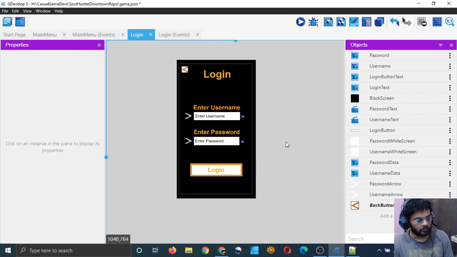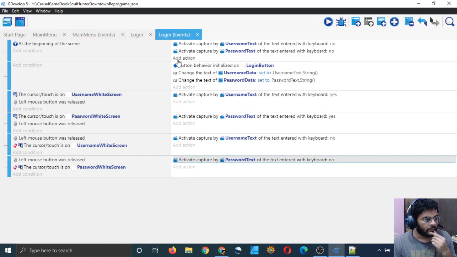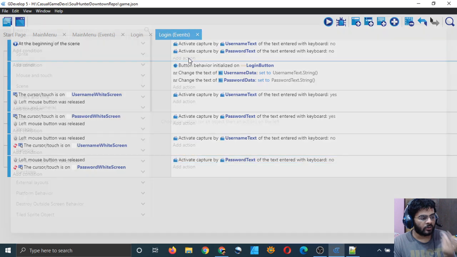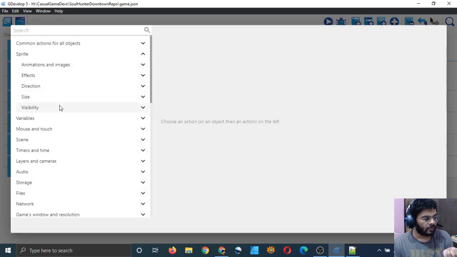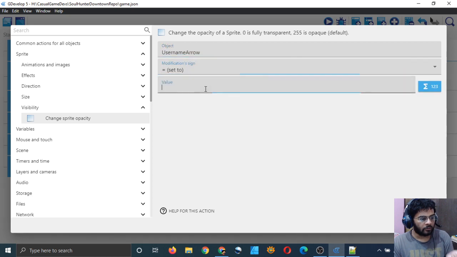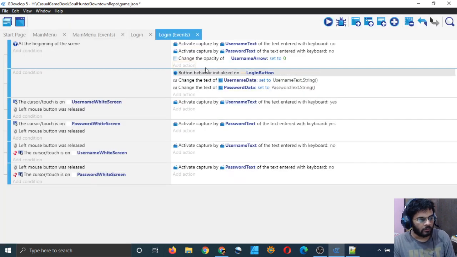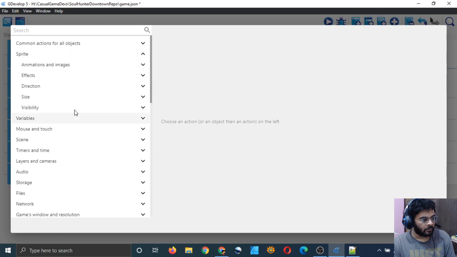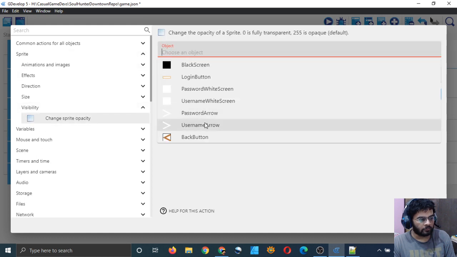At the beginning of the scene, their opacity will be 0. Sprite visibility opacity for my username arrow should be equal to 0, and for my password arrow the opacity should be equal to 0 as well.